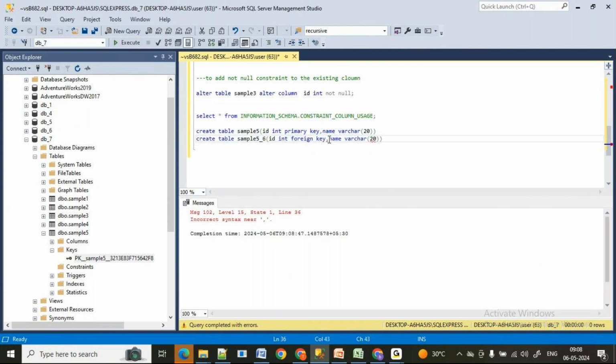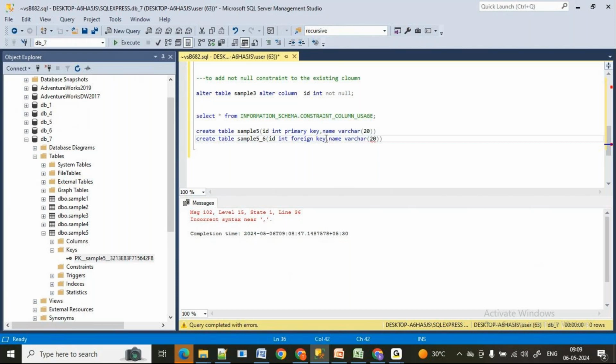So here you want to use the references keyword. This keyword is mandatory. See, foreign key is nothing but referential integrity. Remember that one. Referential integrity means by using foreign key, you are going to refer to some other table. The foreign key table is a child table. Child will always refer to a parent. So how can I define a parent? The table which has a primary key, that I can use here.